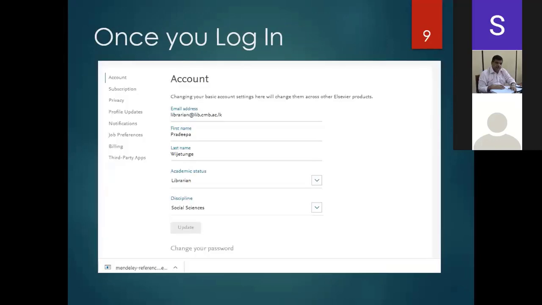Once you log in, this is what you will see in your account. You will see the email address, your name and surname, academic status, and the discipline, etc. under account. And then if you have a subscription, it will indicate which subscription you have got, and your privacy statements, whether your documents and details are private or public, and profile updates, how you want to have notifications, whether you want to have